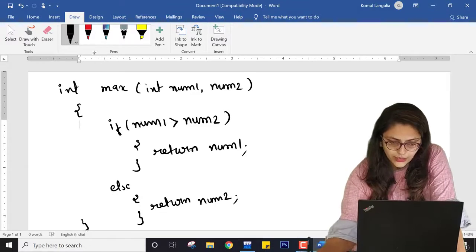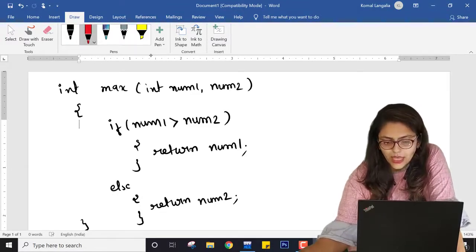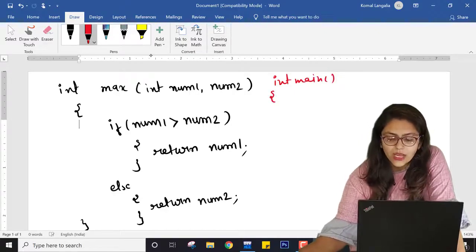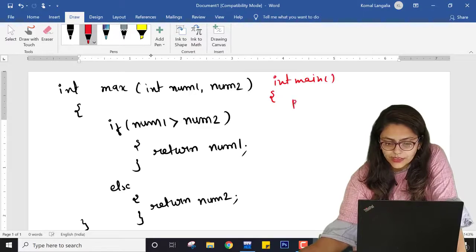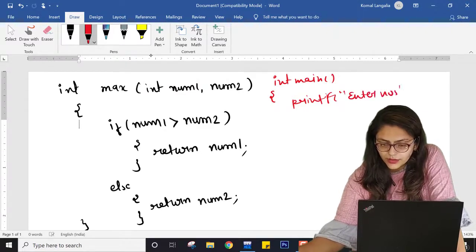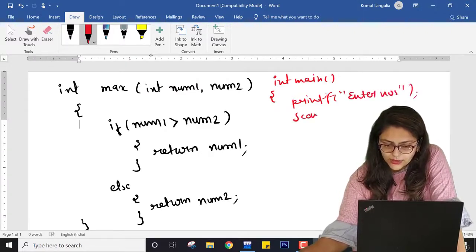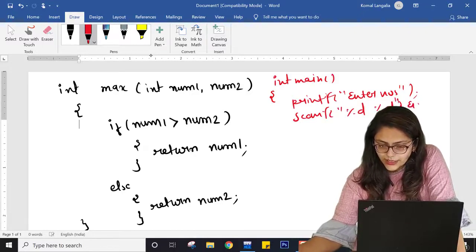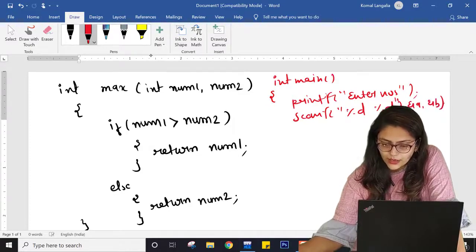right? And here inside void main or int main, what I have written, I have taken two values from user using scanf, and first I have used printf "enter numbers", then doing scanf %d, right, here and a and b.